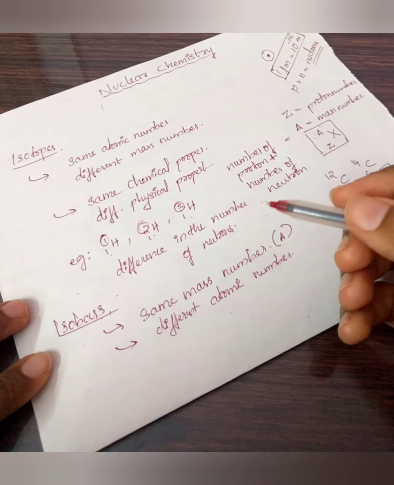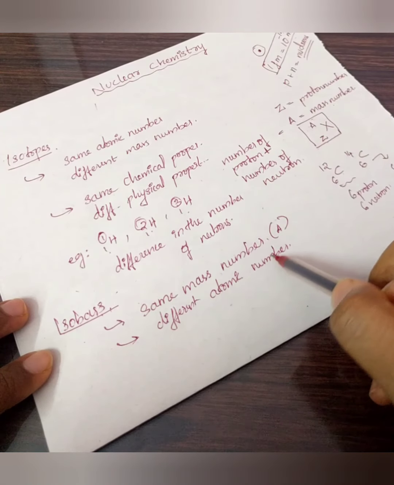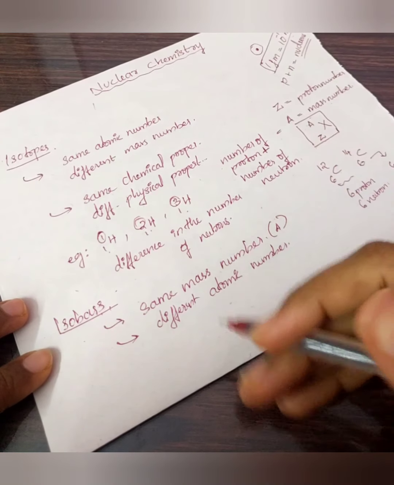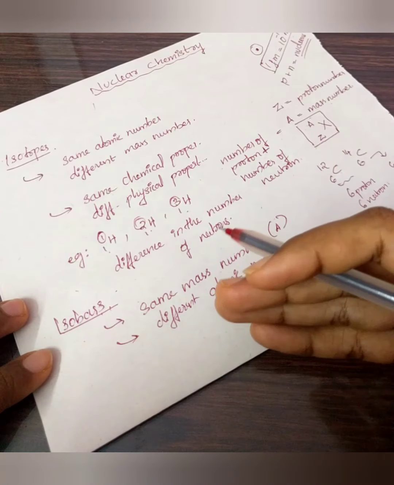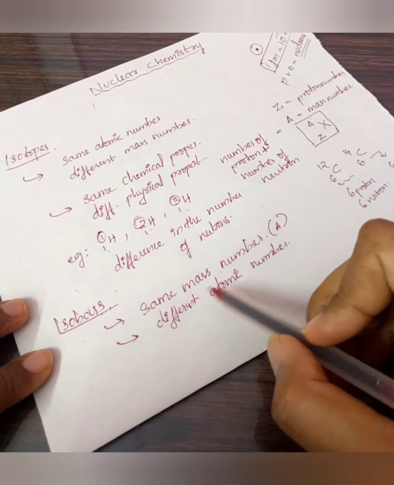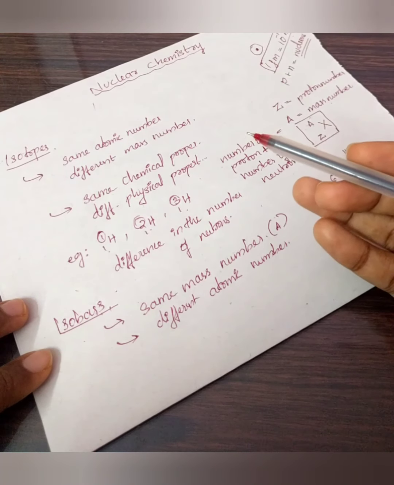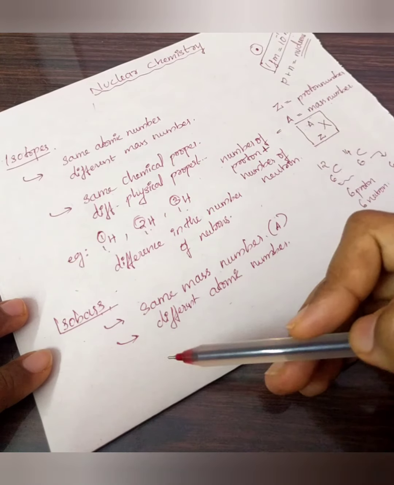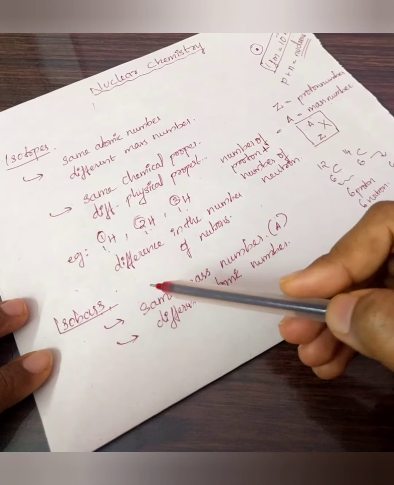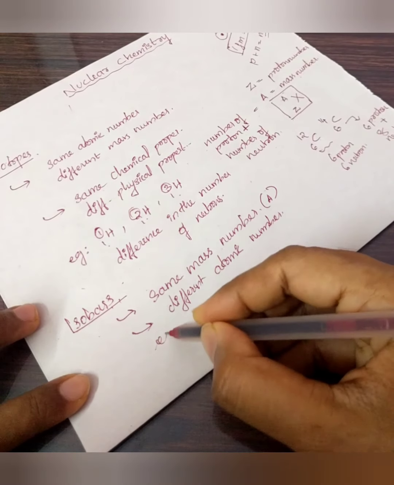So they will have different physical properties and chemical properties, because a different atomic number means we are considering different atoms. We'll be considering carbon 14 and nitrogen 14, so the whole element is different. So they will have different physical and chemical properties. You cannot compare each and every element in terms of their physical or chemical properties, because everything is different. As an example we can write